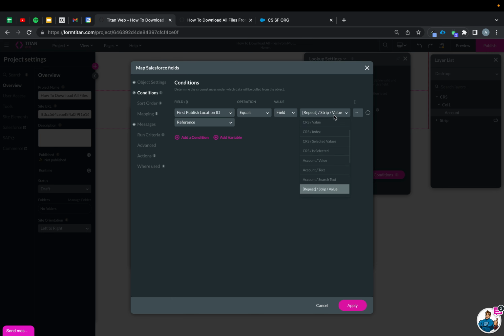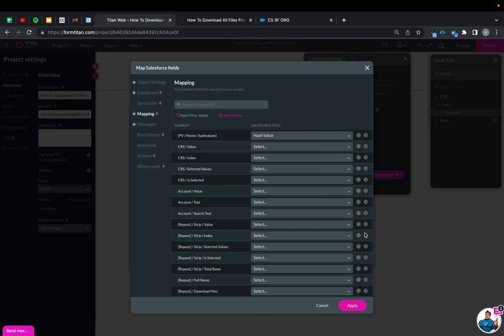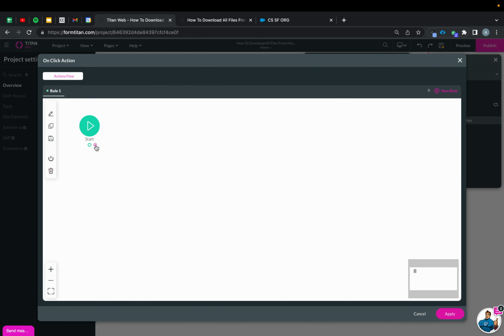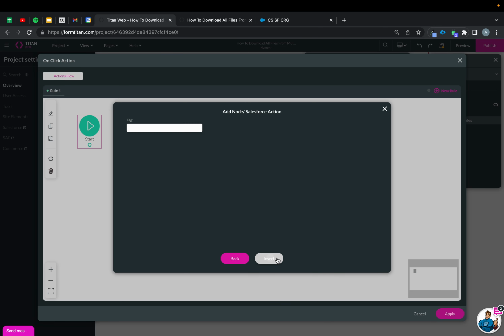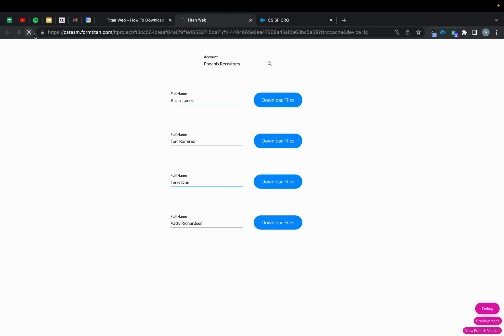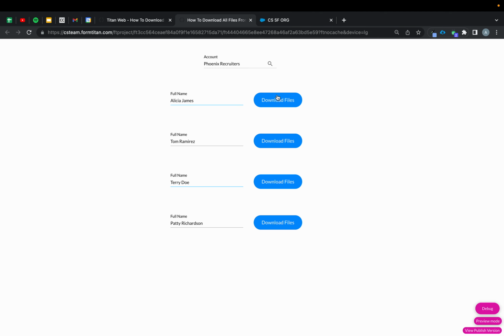This is really, really important. Make sure you don't choose the actual strip value. It needs to be the repeat strip value, because if you miss this step, you're going to screw up the entire thing. And in the mapping here, I'm just going to bring the hash value. That's all I really have to do. First, I click on this and assign my action to return the hash value. I'll show you the hash value itself, and then I'll show you the download process, which is a piece of cake. So click save, click preview here, go to look up Phoenix Recruiters,